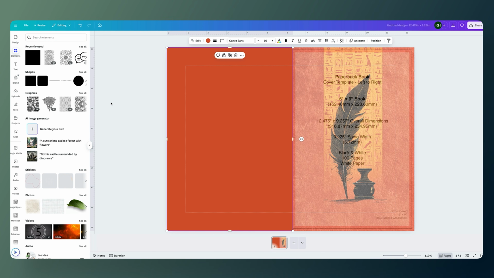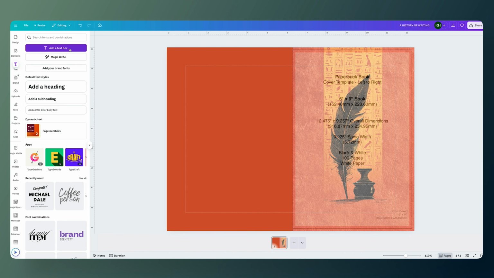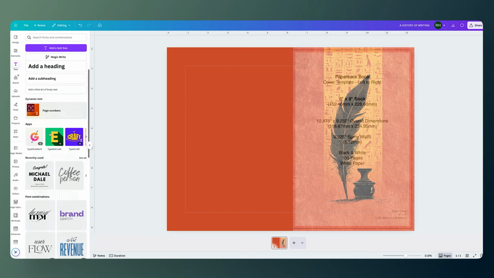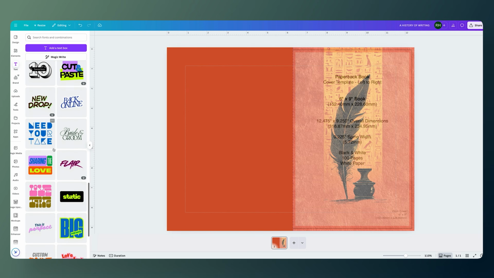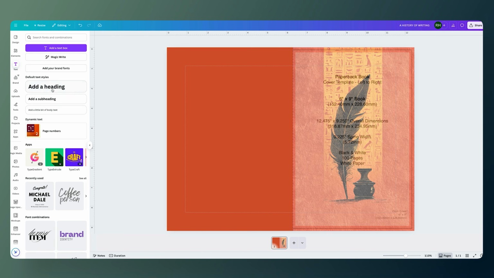Now I'm going to add some text. So for the front cover, I'm going to go ahead, I'm going to click on text over here. So you can click on add a text box, or you can choose one of these default text styles. There's also some font pairings that you can use here. If you're not very good with typography, these can be a real lifesaver. But I'm just going to click on add a heading. I'm going to add my fake book title,